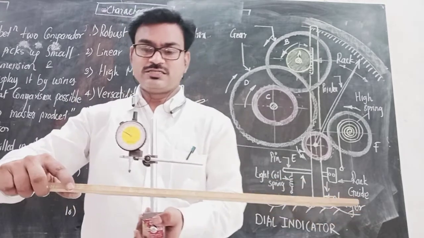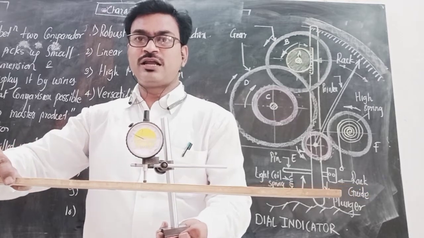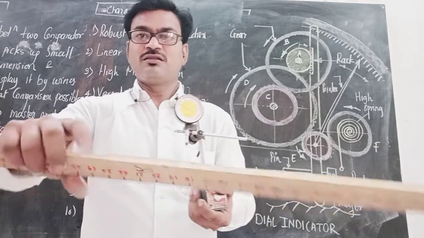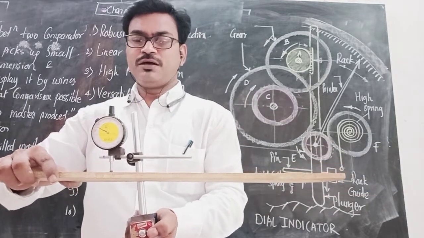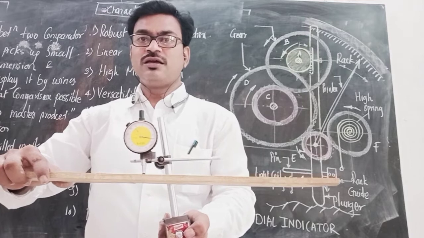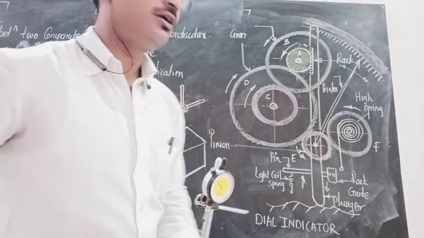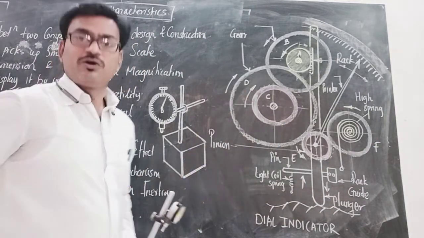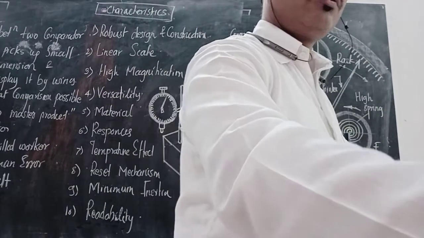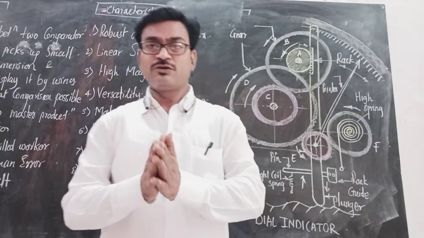Okay. Again see, as the plunger is moving, whatever the mountains, there are numbers of mountains and valleys on this surface. Due to this, the pointer moves in left and right direction. Let's see. Okay. How could it be possible? It is possible with this mechanism. Okay. Got it? In the next lecture, we will see the sigma comparator as a mechanical comparator. Thank you so much.